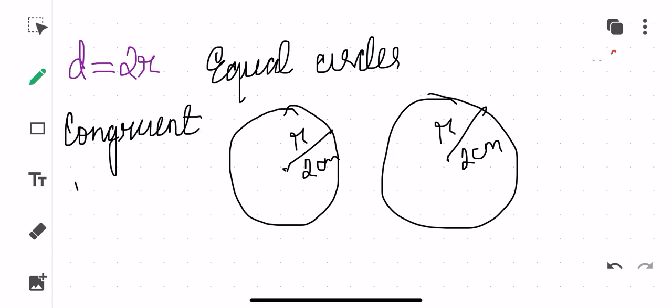If you remember, children, you have already studied congruent triangles. Congruent triangles, in simple words, are triangles which can superimpose on each other. Similarly, congruent circles are circles which, if kept one above the other, will cover each other completely. That is what is called equal circles. The center is of course different, you are not taking the same center, but if the radius is the same, then everything, perimeter, diameter, area, is going to be the same. So these are called equal circles.